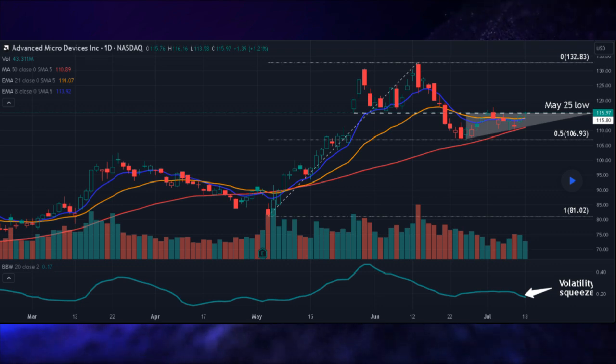In the months of May and June, the stock experienced an impressive rally, catching the attention of investors. However, as is typical in the market, a pullback followed, presenting an opportunity for trend followers to reassess their positions and strategy. Zooming in on the chart, the first pattern that stands out is the drop towards the $107 level